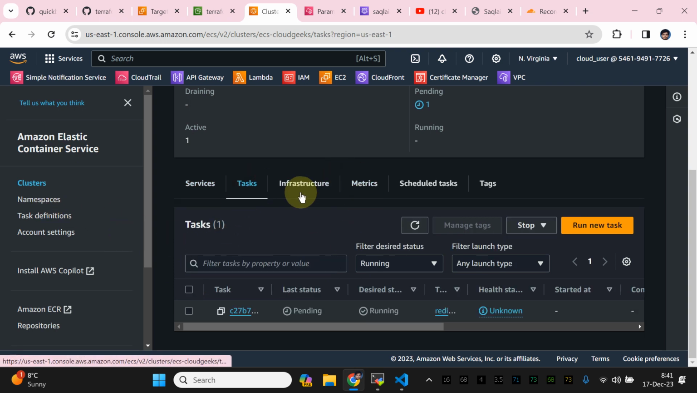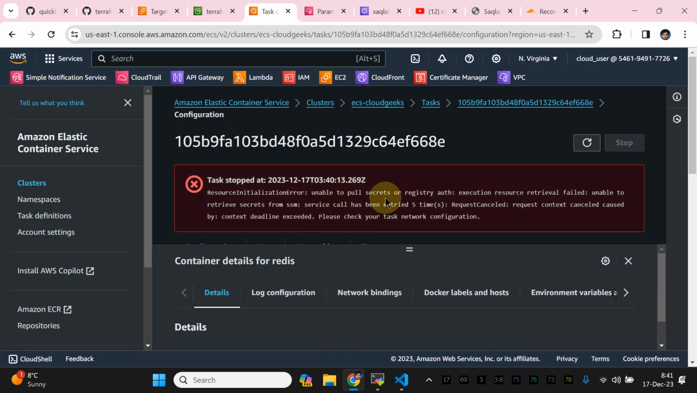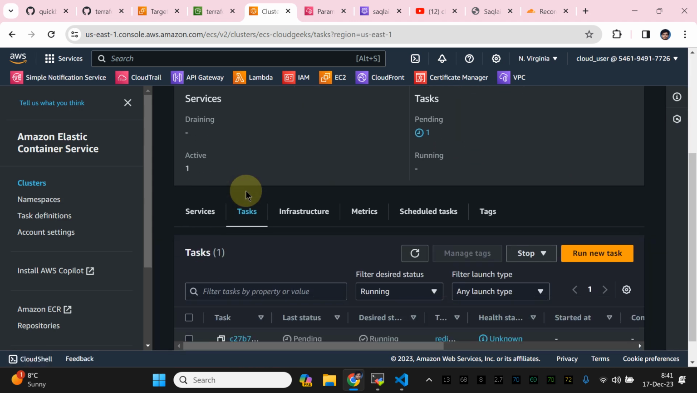And this task is, you see, although it is in pending state, but shortly you will see some of the stuff in the stopped area. Why is that? Because it is unable to pull the secrets, right? So you will see why it's happening. Although we have already added the right policy section, right? But regarding the task, if I navigate to this task section, and click this task,